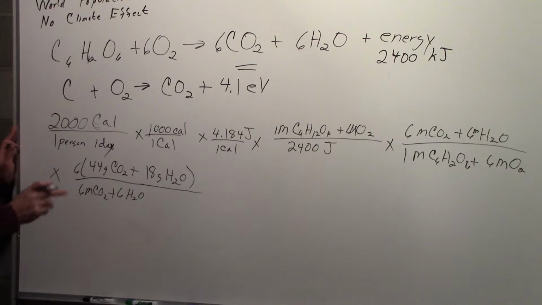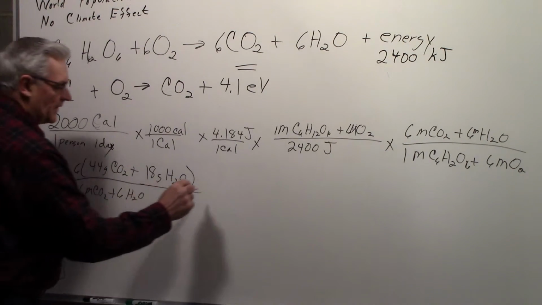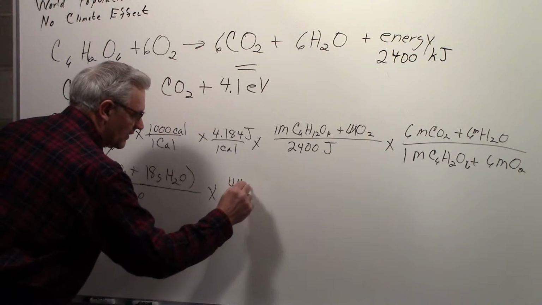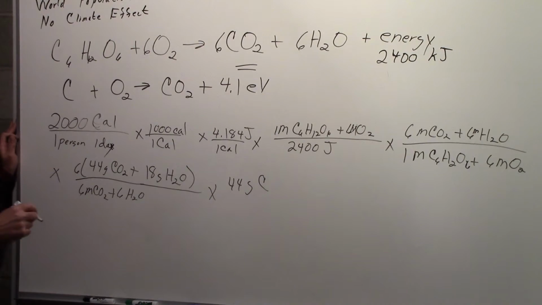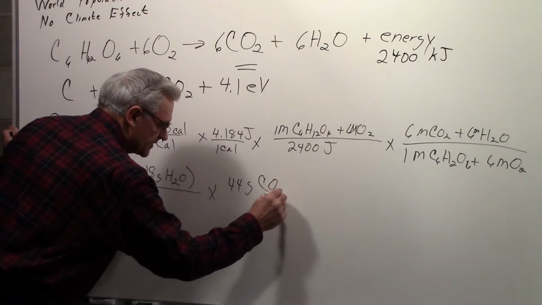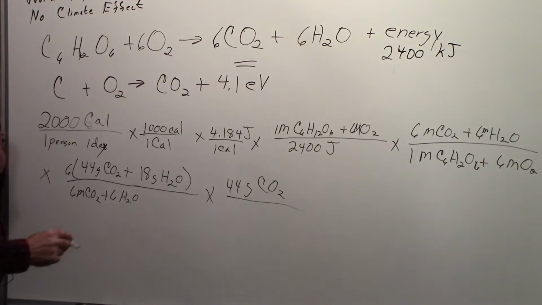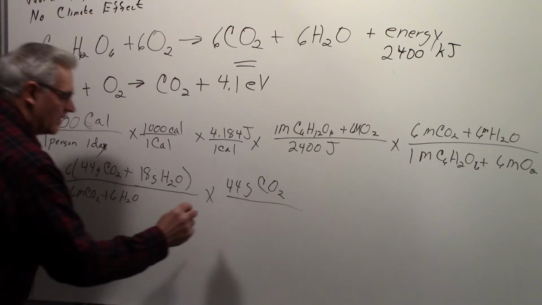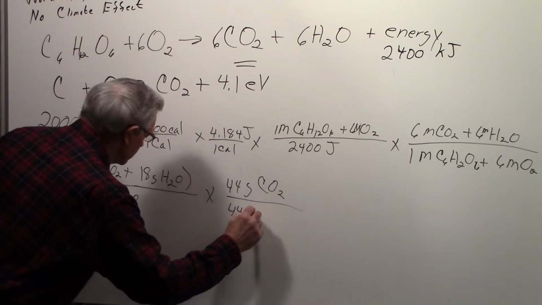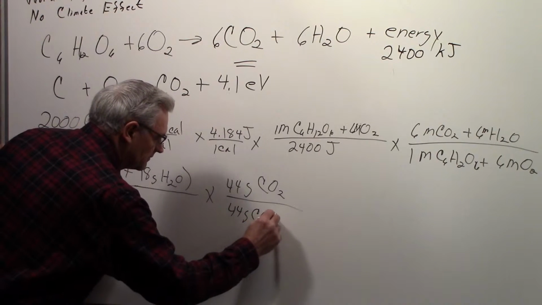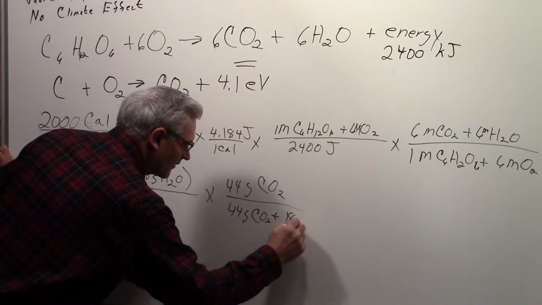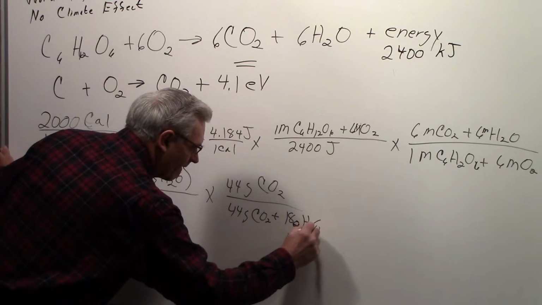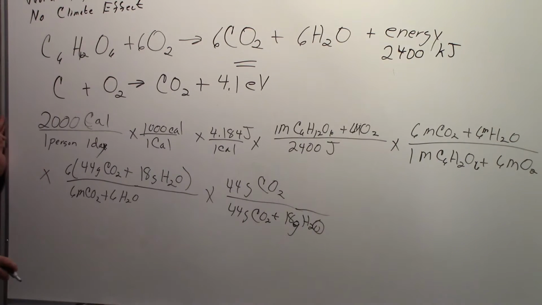And now what we're interested in is the amount here for the carbon. So what that is, we have 44 grams of the carbon dioxide, CO2, over the total amount of 44 grams CO2 plus 18 grams of the water. And we can